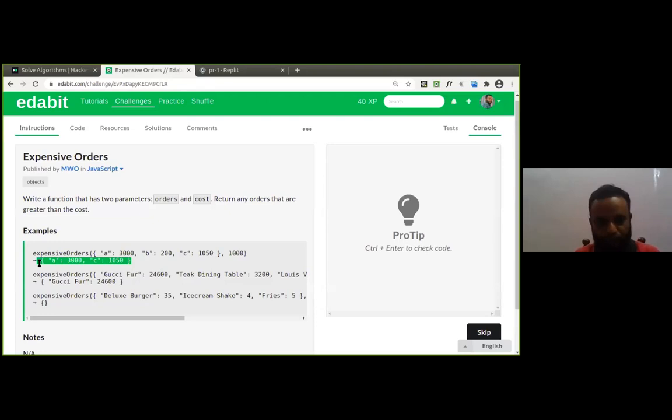So we have to take each key value and compare with what? It should be greater than 1000. Fine. Is that okay, everyone? Good.